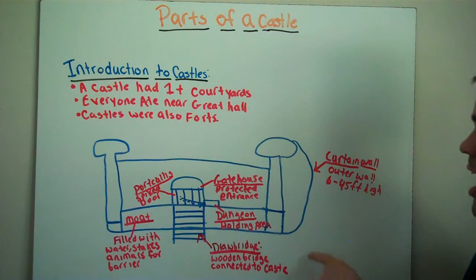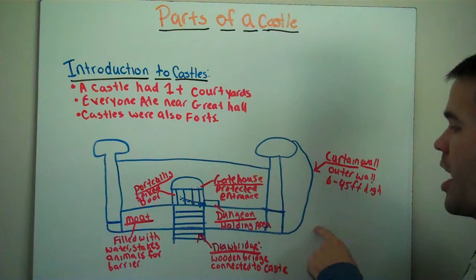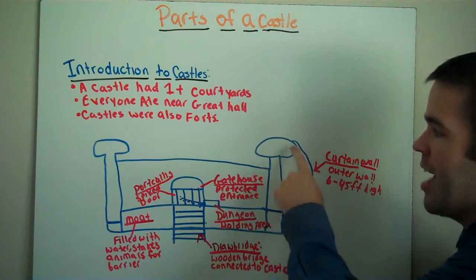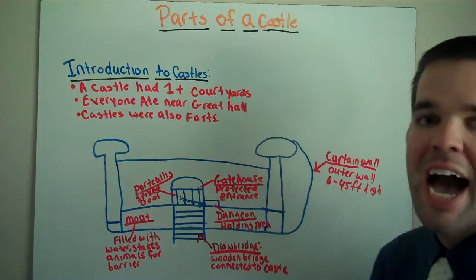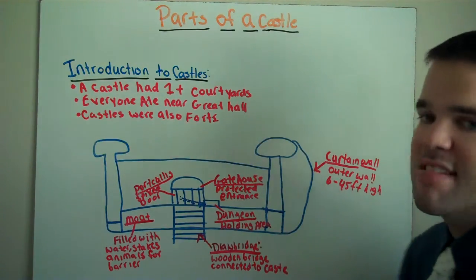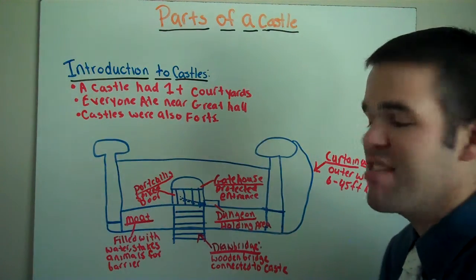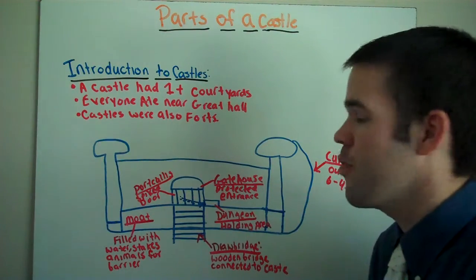Let's talk about the outer edge of a castle. The outer edge is a curtain wall. It stretches all the way around the castle. It is 6 to 45 feet high. Because it is so high, 45 feet high at the highest point, it makes it very difficult for invaders to